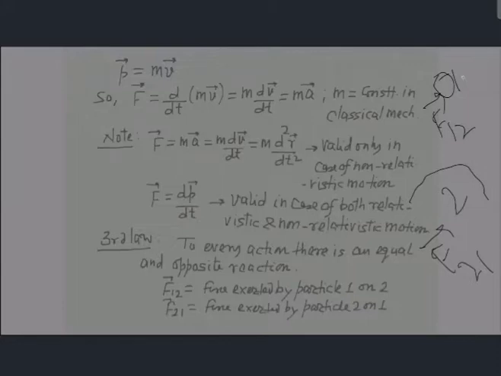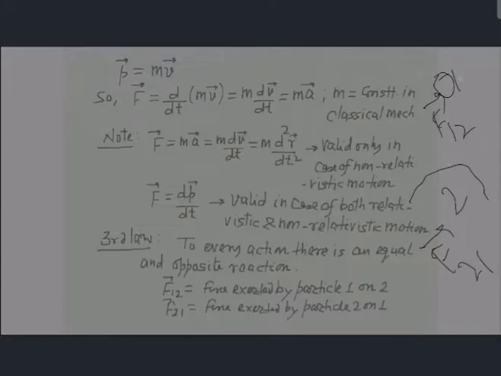Now according to the field concept, there will be a time lag, a very small time lag, between 1 applying force on 2, the ball applying force on earth, and the reaction applied by earth on the ball. That is what the third law of motion does not tell us. The third law of motion is based on the action at a point concept, and it says that action and reaction act simultaneously, without any time lag. But according to the gravitational field concept,